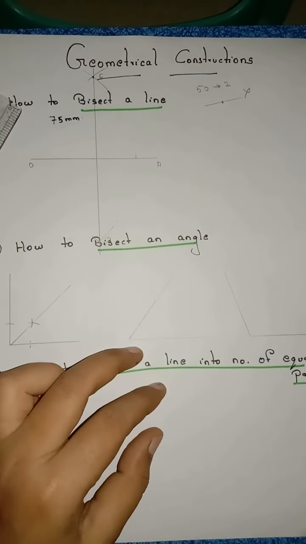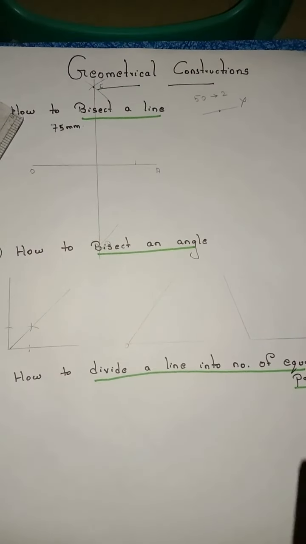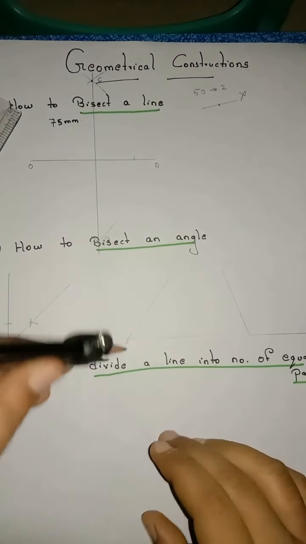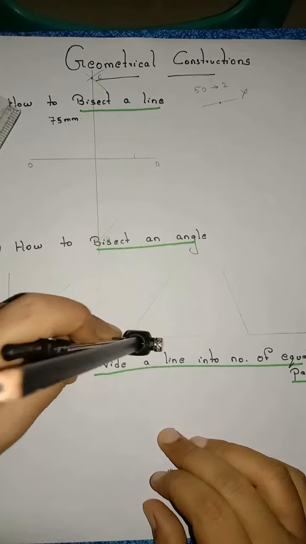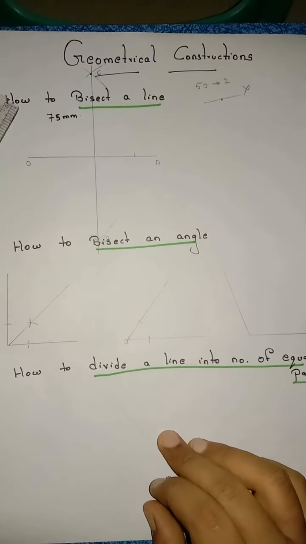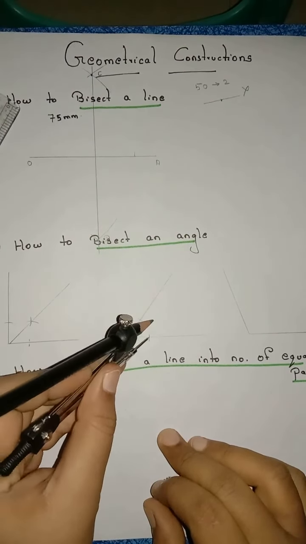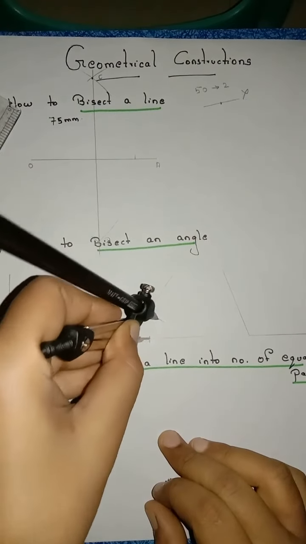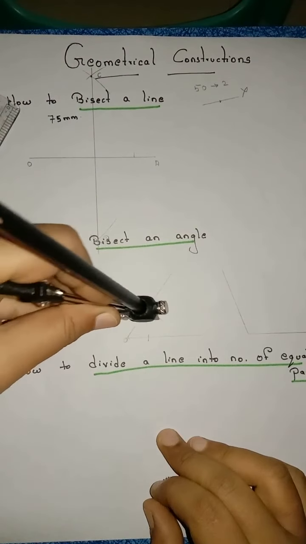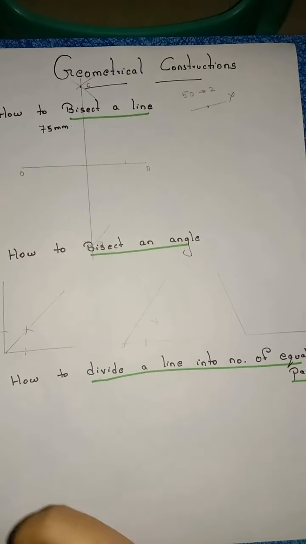Same process when it is an acute angle also. Name this point as O. Angle bisection means you have to take less than half only. Keep your compass at point O, take less than half, draw an arc on the horizontal and the inclined line. Now with the same radius, keep your compass on the first arc and draw an arc in the middle. Keep your compass on this second arc and cut the previous arc here. Join this intersection point.